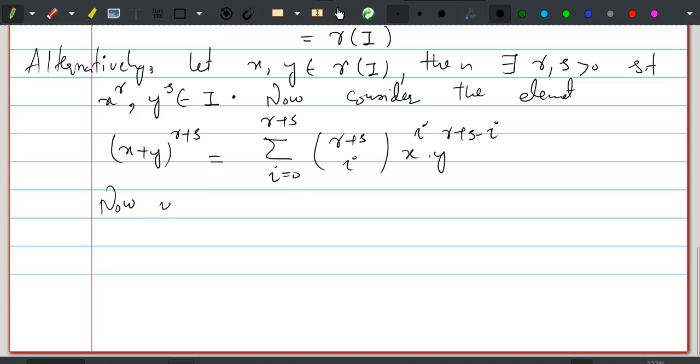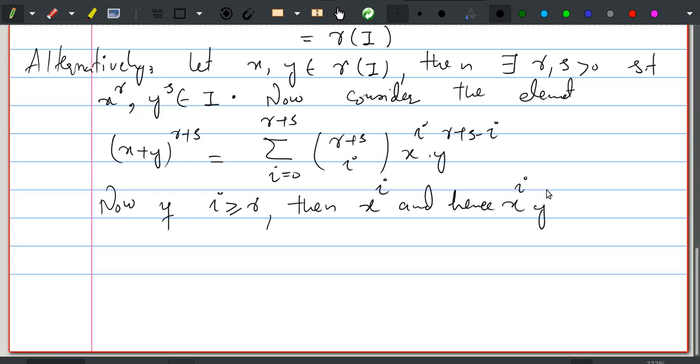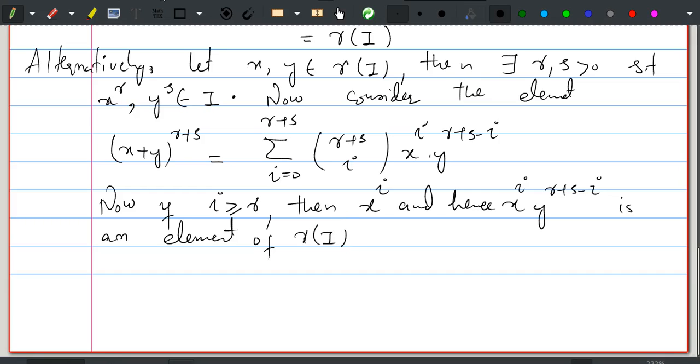Now if i is bigger or equal to r, then x to the power i, and hence x to the power i, y to the power r plus s minus i is an element of I. So this is the element of I, and hence